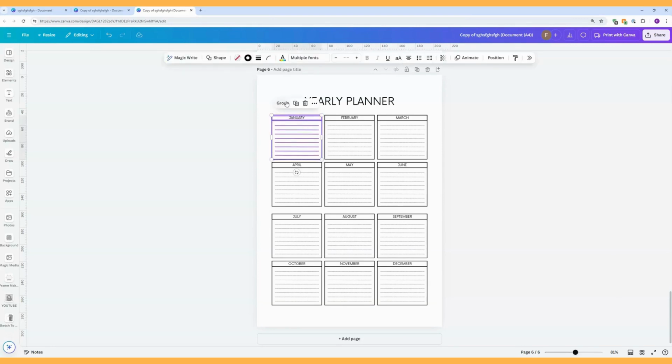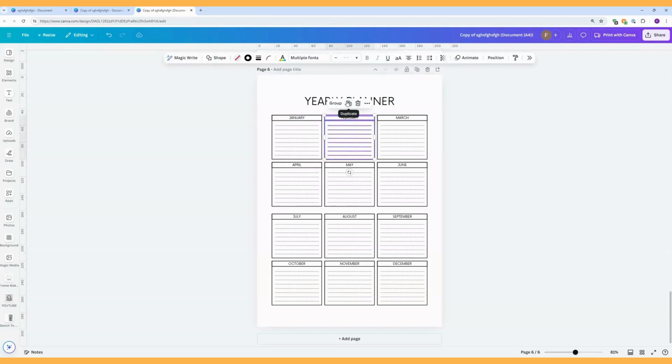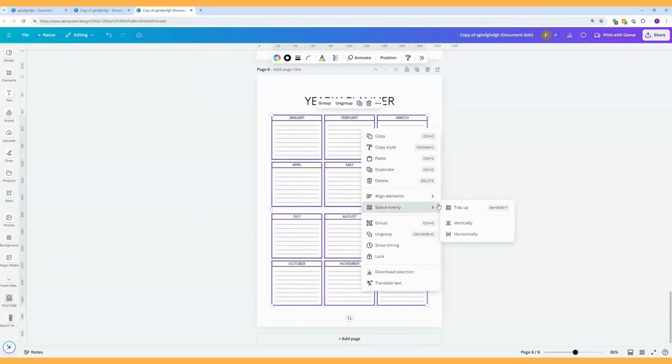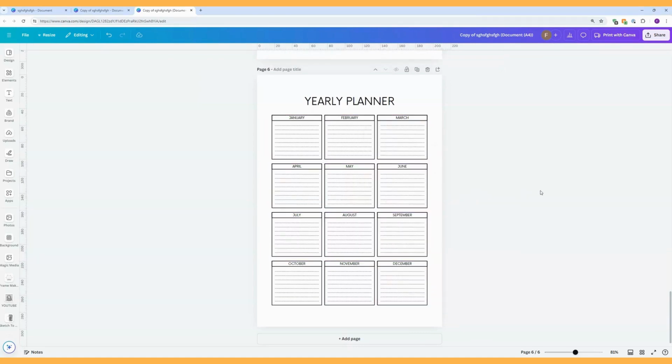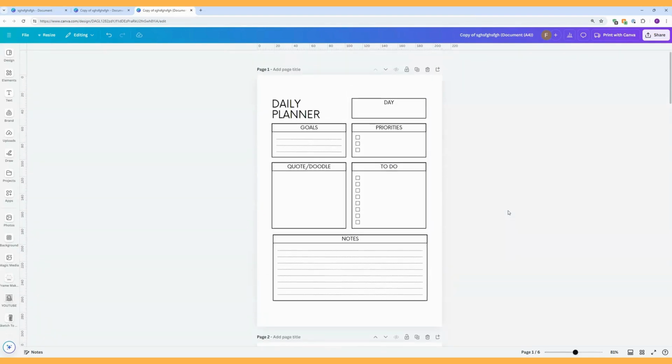I'd do the same thing here to group them together and then tidy it up. I'll just do this quickly and show you. Okay, they're all grouped now, so we will tidy it up. That looks much better. And you can just go through the pages and tidy it up how you like. So if you don't have the Pro account,